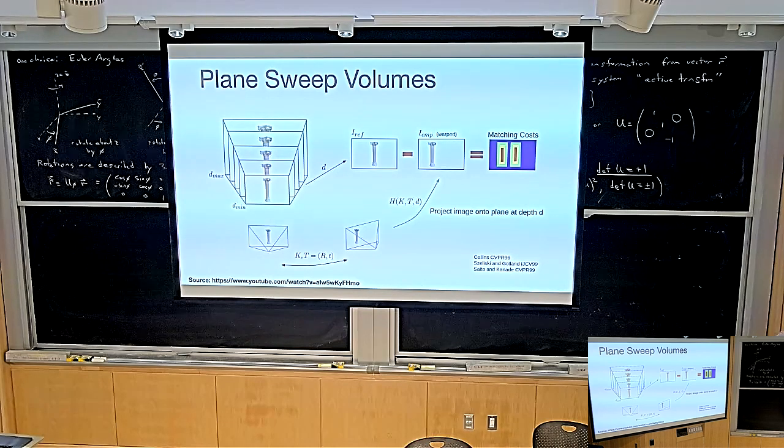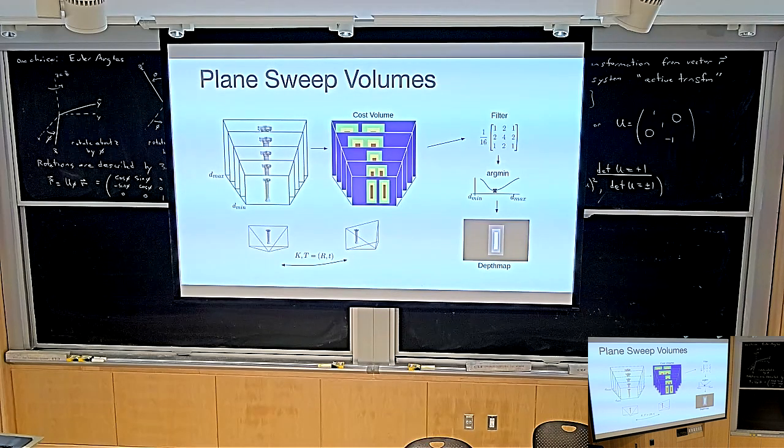Now you can compute the loss of this warped image at that depth plane with the other image on that depth plane. The other image just looks the same, right? This one looks different depending on the depth. You just compute the loss between these two images, for instance by taking the difference. Let's do this for all of the depth planes. You would expect that for every pixel where the depth is correct, the loss should be minimal, ideally 0, because the pixel from the right-hand side image and the pixel from the left-hand side image should have the same color.